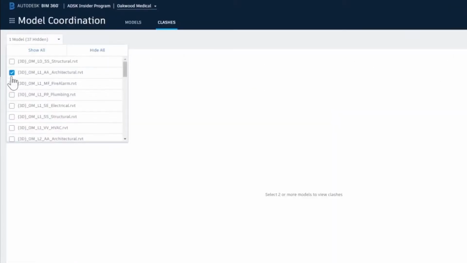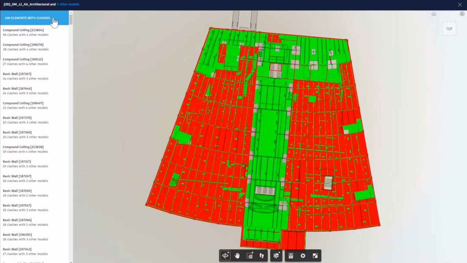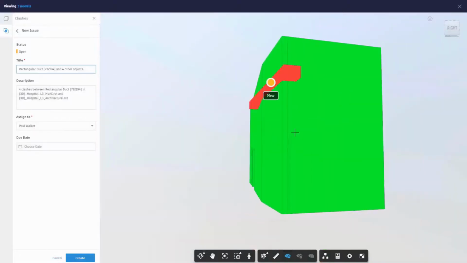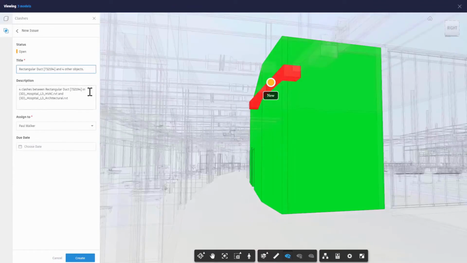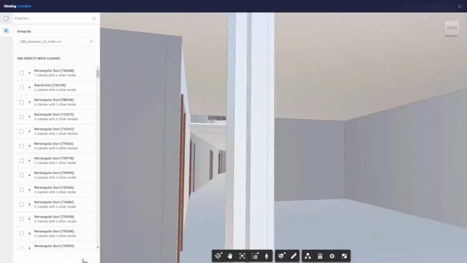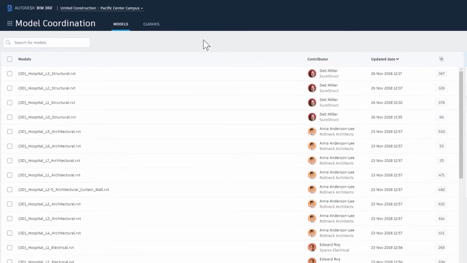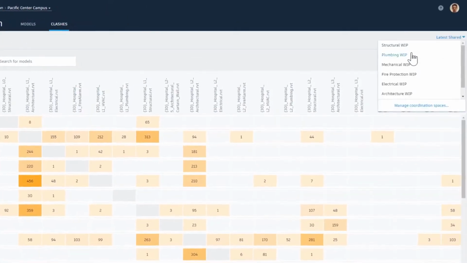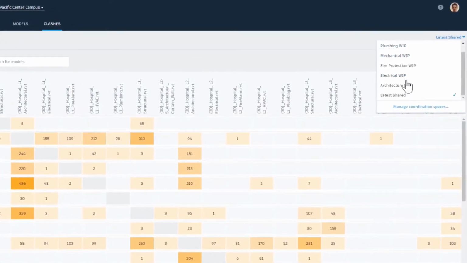Get clash results immediately when new model versions are published and drill down to clash details. Create issues from relevant clashes or tag clashes as not issues and assign reviewers to improve visibility into what issues need attention quickly. Create multiple coordination spaces to encourage design and trade partners to experiment with options and develop their